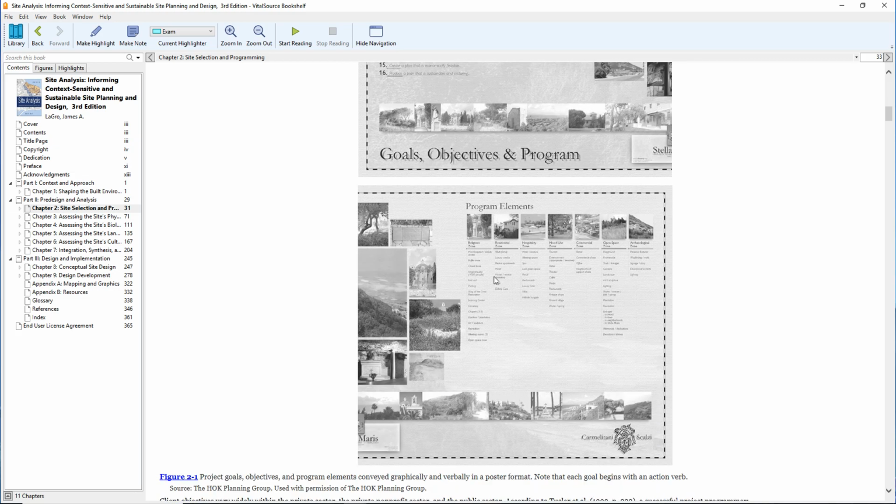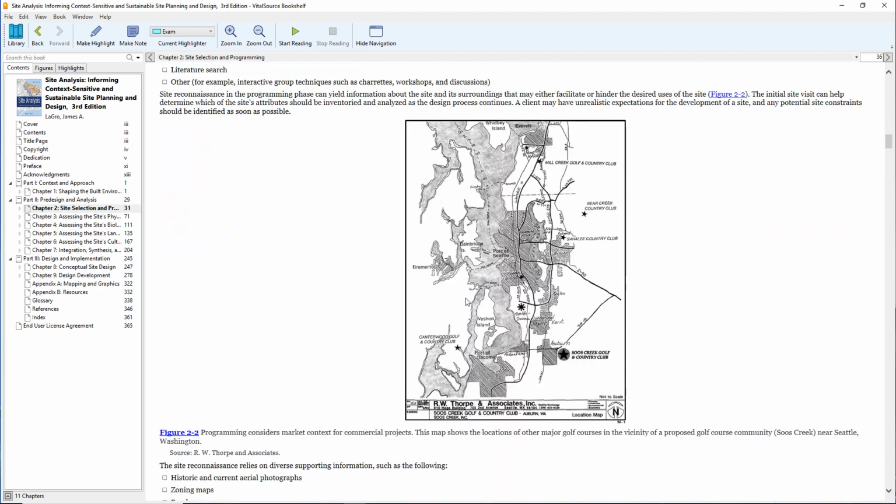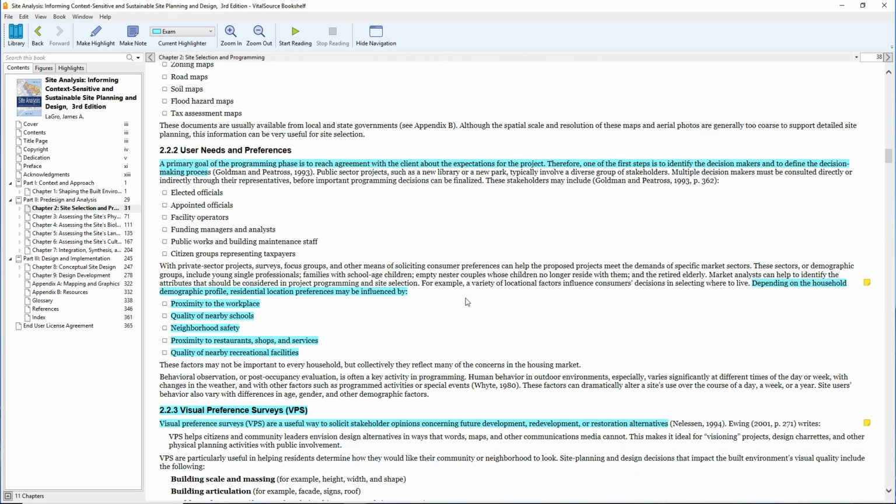And it talks about the different elements, what they would need for that. So the elements for a manufacturing plant is so many square feet will be needed. Nice major highways around there so the trucks can get in and out with the product and all our materials and supplies. So there's different things depending on your project of what your program elements would be. And how do you decide those program elements? It's mostly done through